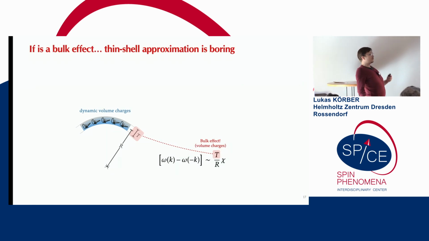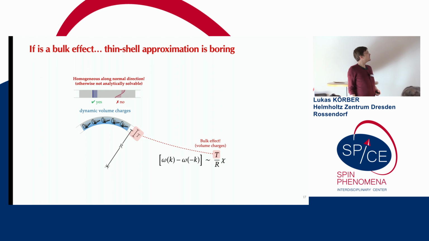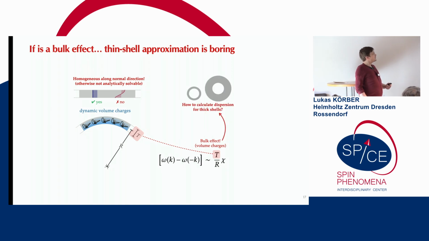Okay, so I told you already that this is a bulk effect, right? It gets larger with increasing thickness. However, to arrive at this neat formula here, we had to assume the dynamics to be homogeneous along the normal direction, which is of course boring if we know that it gets larger with increasing thickness, and for larger thickness, dynamics cannot be homogeneous anymore along the normal direction. So the question is how to calculate spin wave spectra, spin wave dispersions in thick shells, and for that, of course, we cannot do analytics anymore, and we have to do numerics,